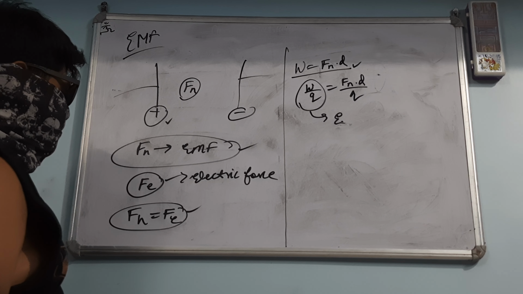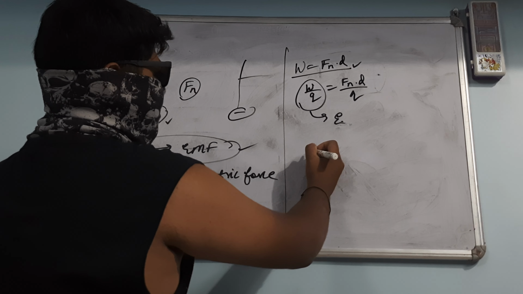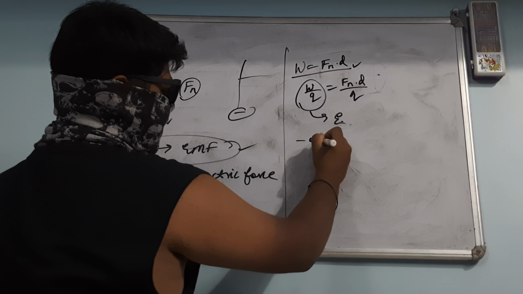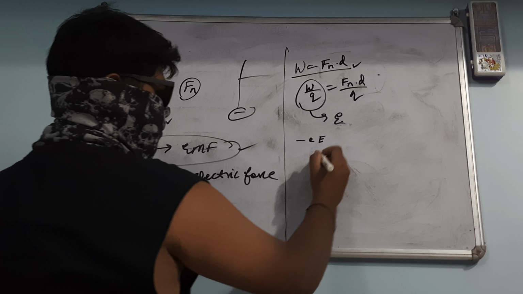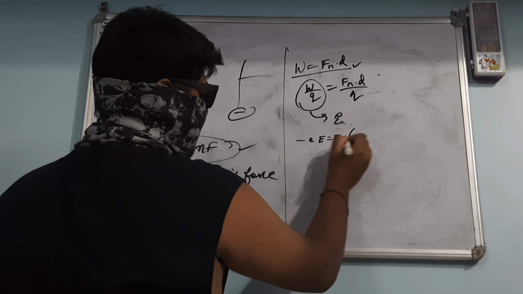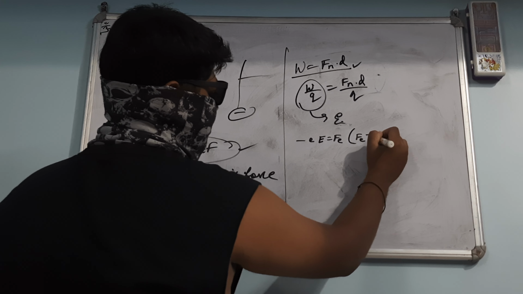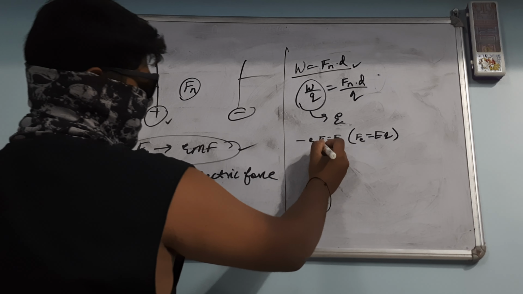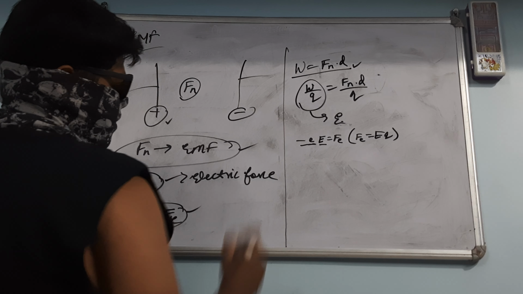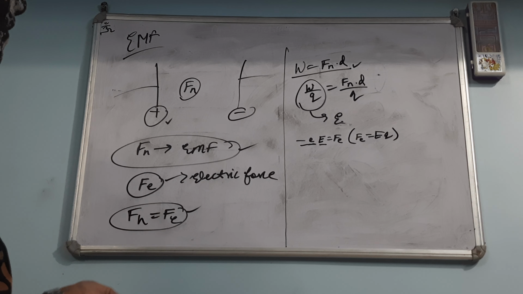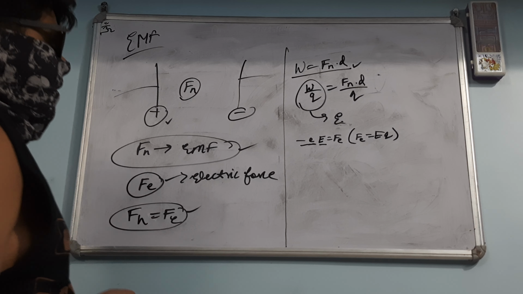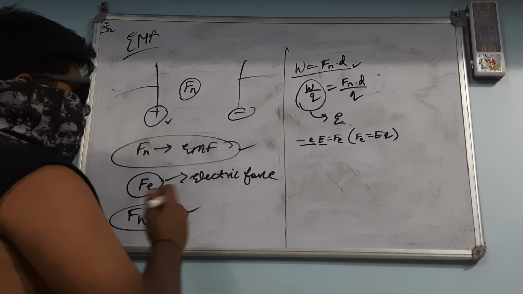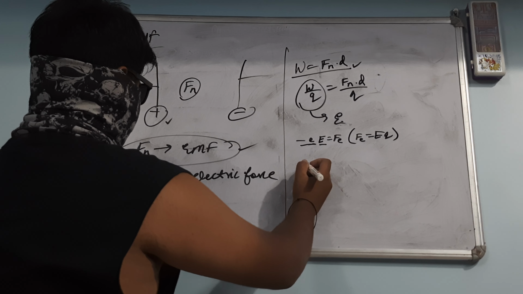So now we will see that when Fn and Fe are equal, Fe is Q into E. As we know, the electric force is equal to EQ. From this we got Fe is equal to minus E, where E is the electric field and Q is the charge, and in the electrostatic position this is equal to